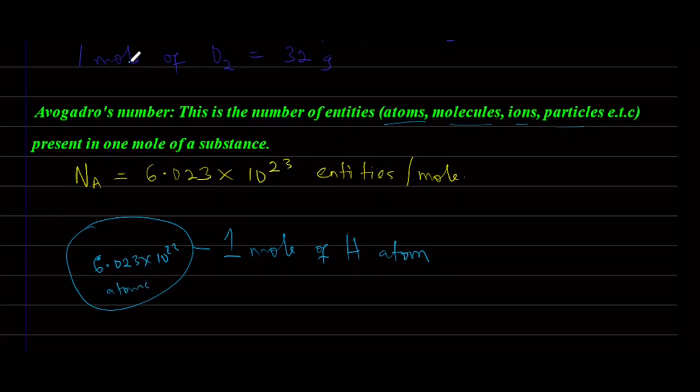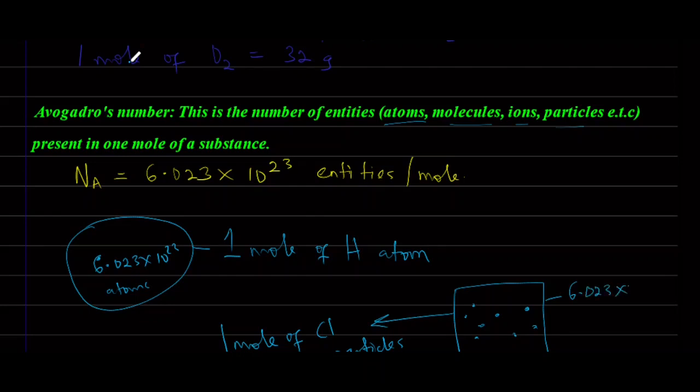Another example is if we have 1 mole of chlorine particles. In 1 mole of chlorine particles, how many particles of chlorine can be obtained? We are going to be having the value to be 6.023 × 10^23 particles per mole. That is what's meant by Avogadro's number. So we can also call it Avogadro's constant,